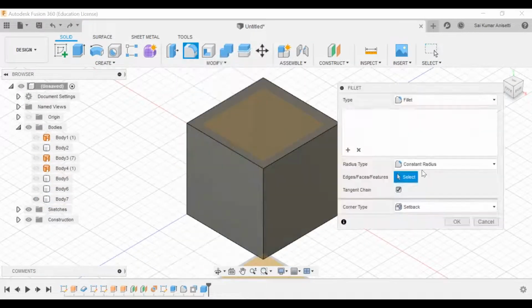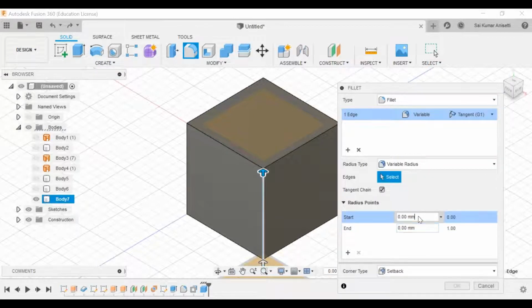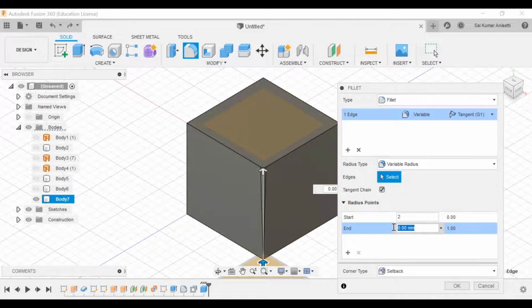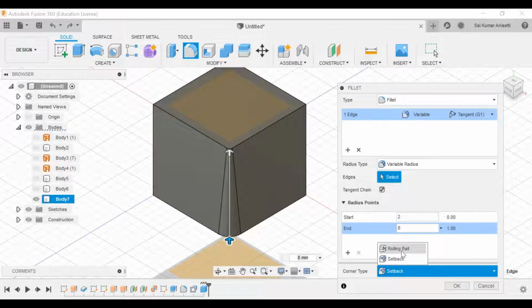Go to fillet and you have fillet number one, and without constant radius you have variable radius. Let me start the radius with 2 mm and end your radius with let us say 8 mm. Okay, if I do select the edges, okay, let me go with setback distance only.